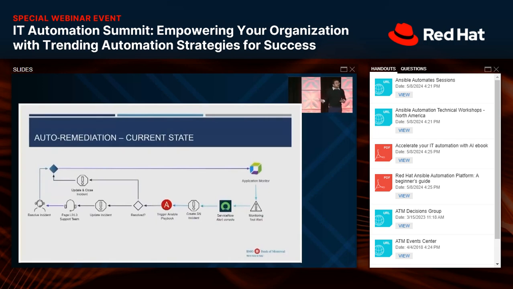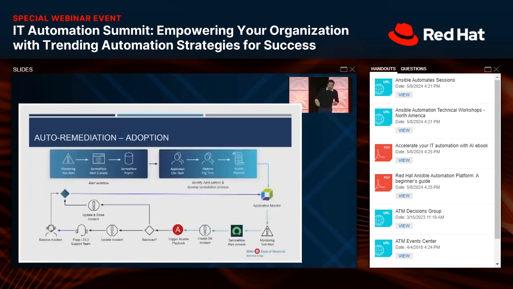To understand that, we'll have to take a step back to understand the challenges in this current state. So it's the same workflow, but just go in a couple steps behind. The first box on the left that you see is the alerting workflow. So let's talk about drift. We've been talking about configuration as code and drift detection for the last few minutes. So we'll use that as an example.